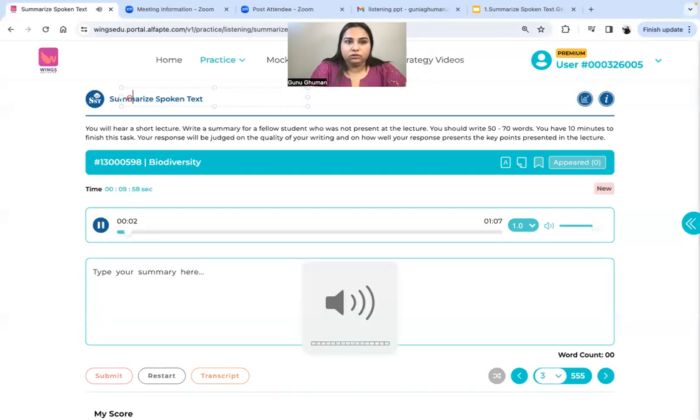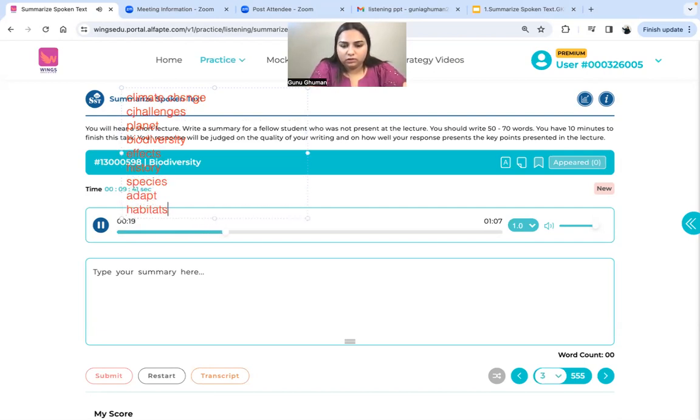Climate change is one of the greatest challenges facing our planet, with profound effects on biodiversity. The rate at which the climate is changing is unprecedented in Earth's history, and species are struggling to adapt. Habitats are shifting and disappearing, forcing species to migrate or face extinction. This loss of biodiversity has significant implications for ecosystem services, which are vital for human survival, including food, clean water,